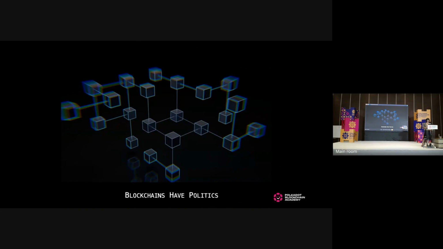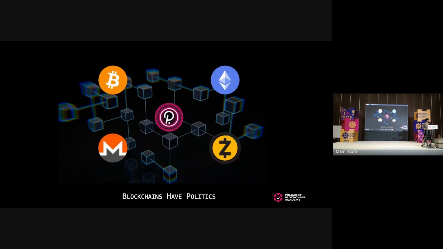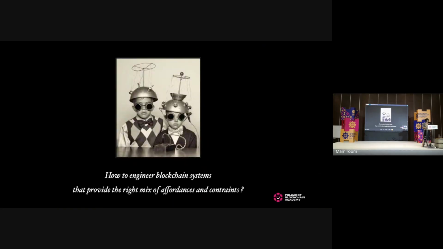And so, of course, blockchains do not escape that rule. Blockchains also have politics because they are digital artifacts. And so we can see how different blockchain networks are specifically adopting a particular design, which will have specific implications, from Bitcoin to Monero, which has a more privacy-oriented design, Zcash similarly, and then Ethereum, which will add smart contract functionality in order to become this world computer, and then Polkadot with its own governance structure. So all those blockchains are providing similar functions, but the design of the network has implications on the political context in which they operate. So now the question is, as engineers, how to design those blockchain systems so that they provide that particular mix of affordance and constraints in order to actually fulfill the political agenda that comes